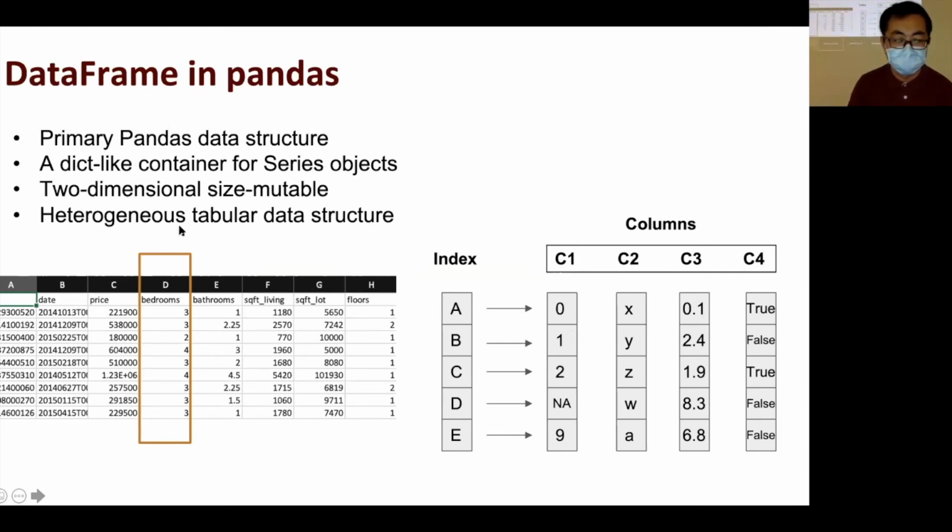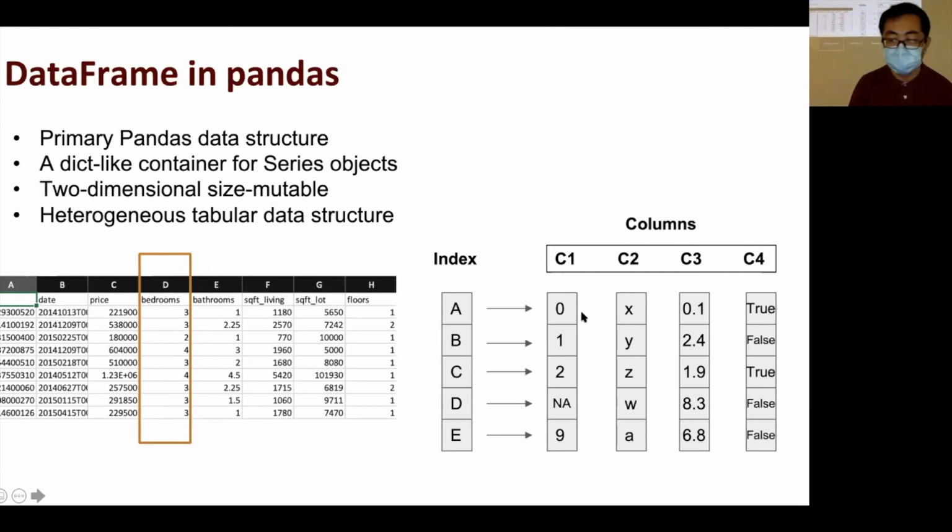We have talked about the two-dimensional, size mutable, and heterogeneous properties. Here I give you a CSV file from house SEO marketing. You can see we have different columns, and we can read this CSV file into a DataFrame, and we have an ordered collection of columns.